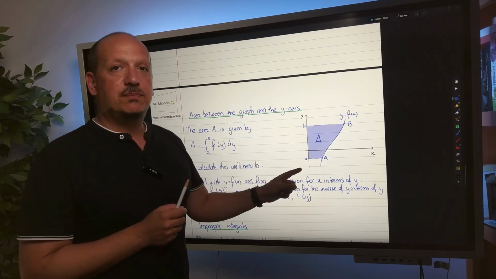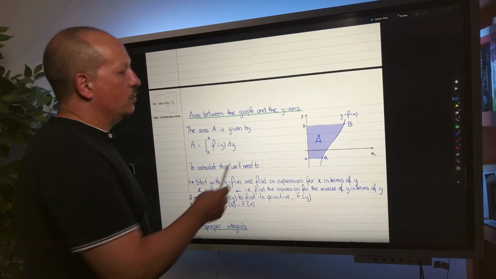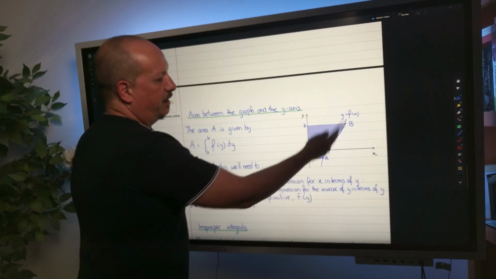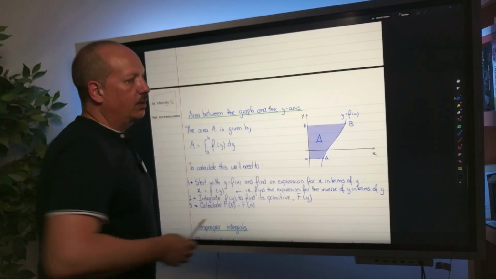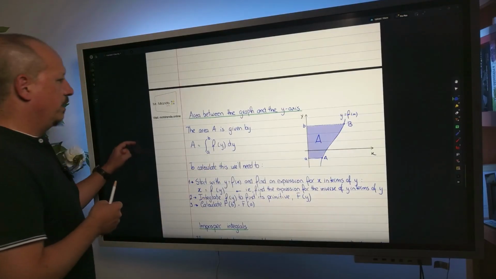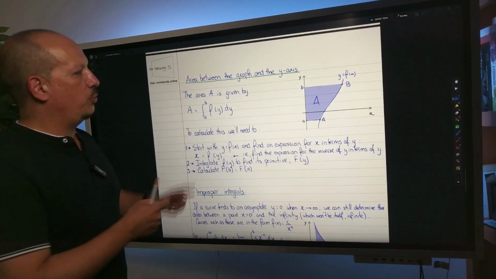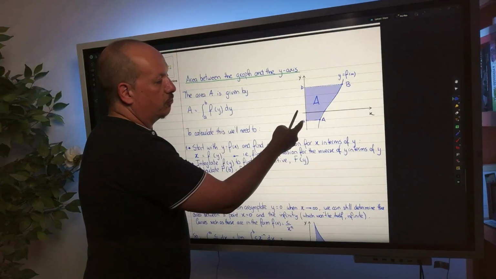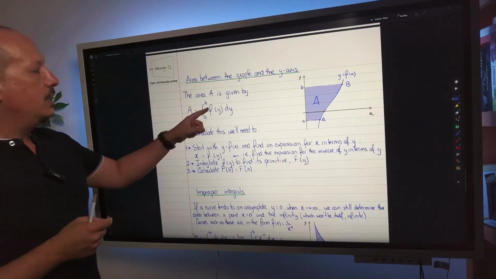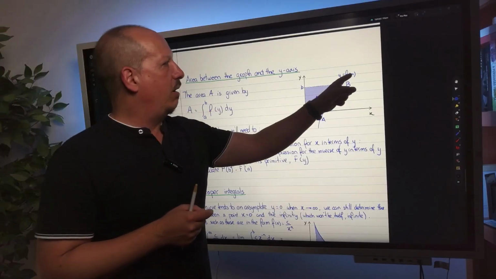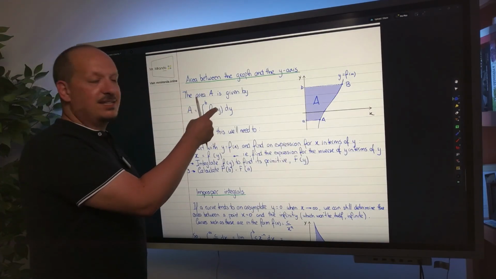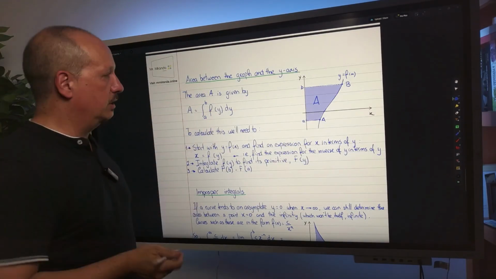inverse function, right? If you use the inverse function, then you are putting this in relation to y, which is exactly what you are looking at this moment. So what do you have to do? You have to calculate the area between a and b. Don't forget that the limits of integration are no longer on the x-axis, they are on the y-axis. But instead of writing f of x, you write f of y. And what is f of y? This is the inverse function that you already learned how to